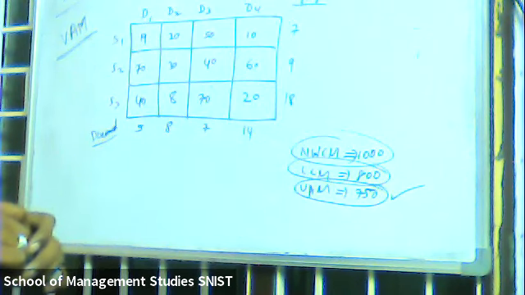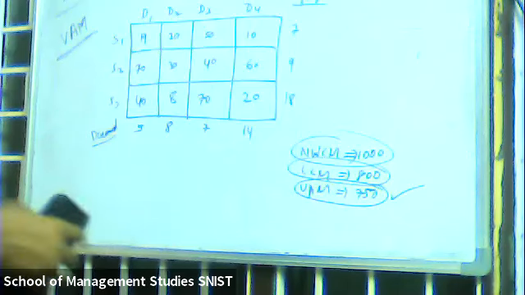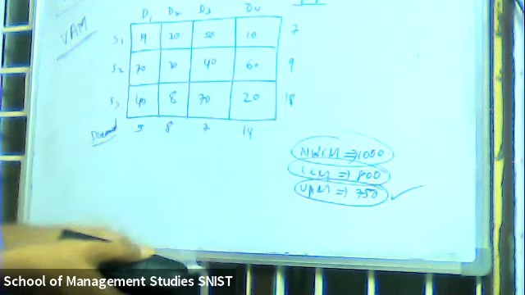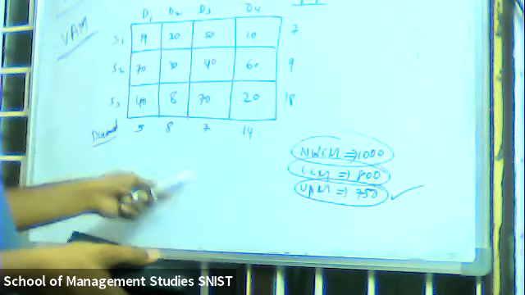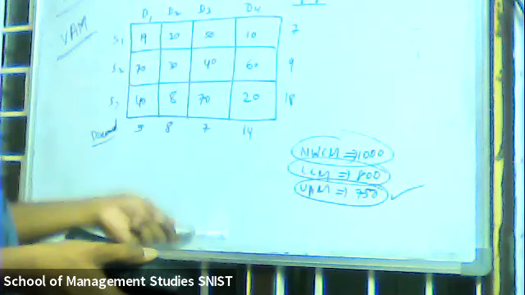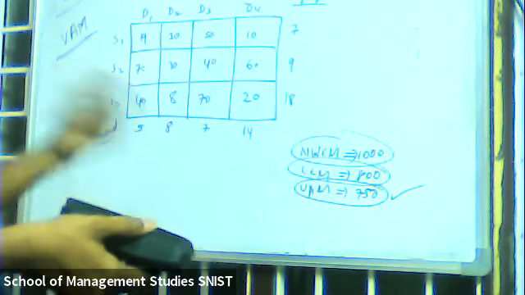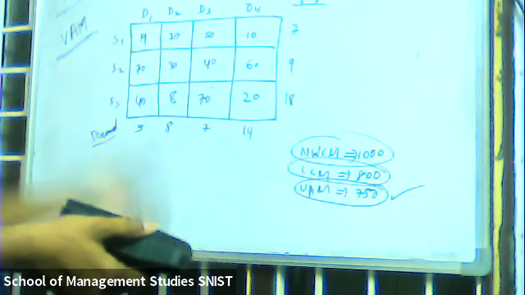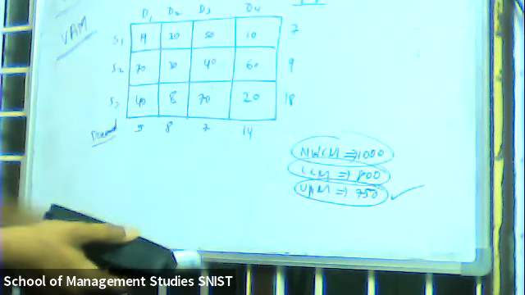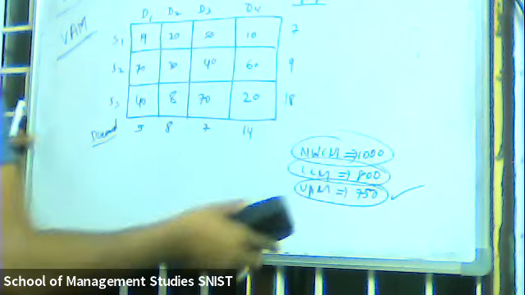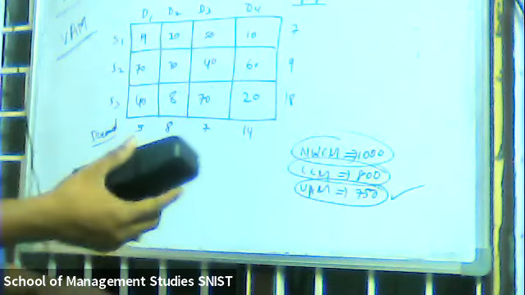Clear? Okay, sir. So most probably they may not ask you these two methods. If they ask you two methods, then you have to work out VAM and you will get assigned cells, unassigned cells, and again MODI method. Then it may take you time. So directly they may give you allocations and ask you to find the optimal solution of this transportation problem. That's it. So you are directly applying MODI method. But that is the logic which I'm explaining to you.